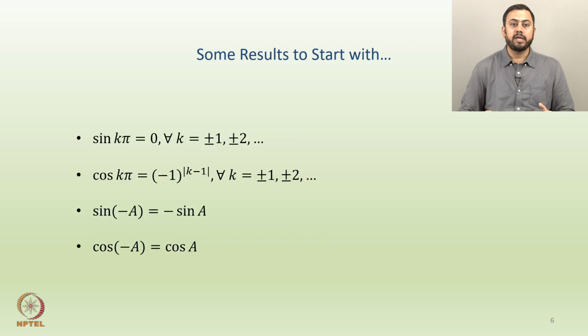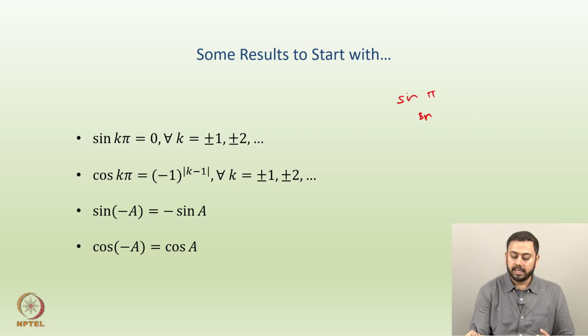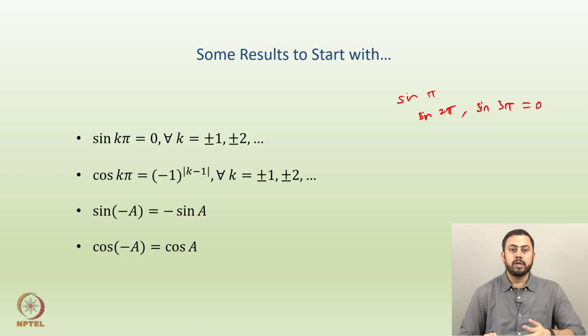Okay. And now, if I am not wrong, the next slide also tells you some other brief elementary trigonometric results. For example, sine of any k pi happens to be 0, of course, for any k which is, let us say, plus or minus 1, plus or minus 2, plus or minus 3, etc. Okay. And why is that? Because this is a property of the sine function, right. So if you have something like sine pi or sine of 2 pi or sine of 3 pi, all these are zeros. Okay. So this is more like a repetition. Again, if you go with the sine curve also, at 0 it is 0 and at every extension or every transition of pi, so pi, 2 pi, 3 pi, 4 pi, 5 pi, the value of sine happens to be 0 everywhere.